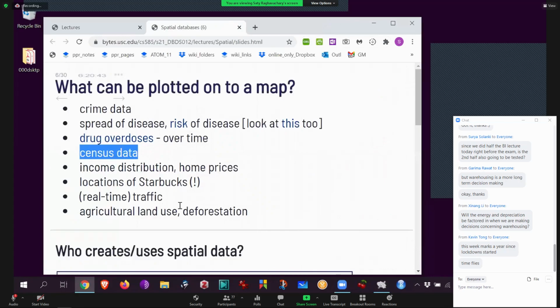Income distribution, I'm not going to go through all of them, right? These are very useful. This is what Zillow and Redfin all do, right? They basically take public home prices and put them up on a map. And they do data analysis. And then if you want to sell your house, you plug your numbers in, and it'll predict what the fair value of your house should be. This is very, very useful stuff. Because again, homes are a pretty local thing.